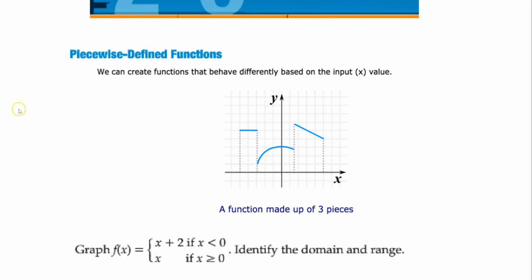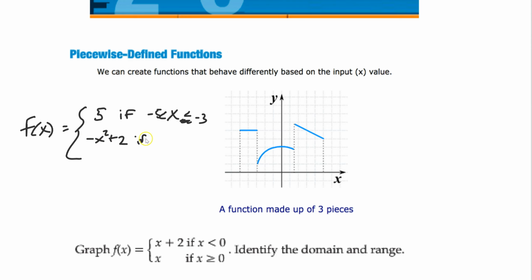The way we write a function like this is we break it down like this. So here's our function. We'll say f equals the little curly bracket, and then we have to write what this part is. So this looks like, let's say, 5. Then you have to say what values it's between. In this case, let's just say x is between -3 and -5. Then you say the middle part, which looks like a -x² type of graph, if x is between these values, like -3 and 1.5. And then you do the final part, with the negative slope there: -x plus 8, let's just say, if x is between